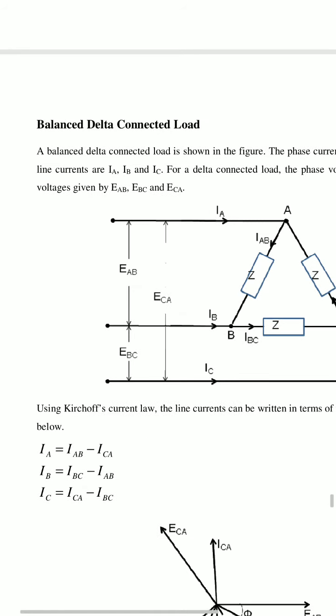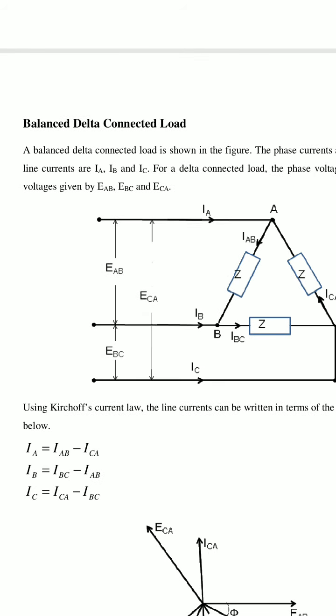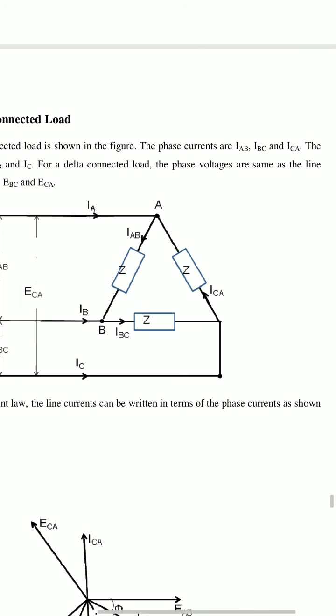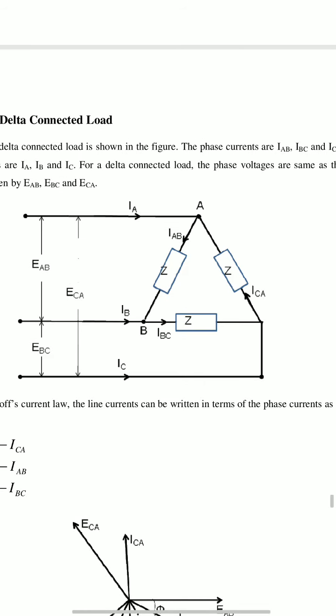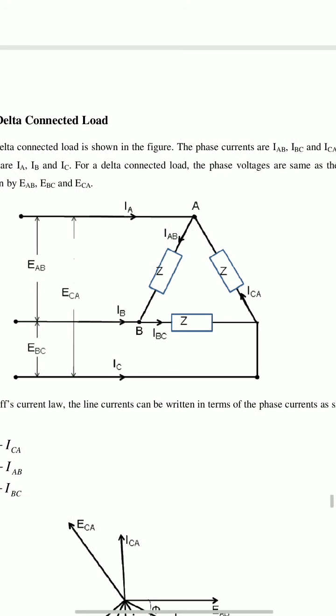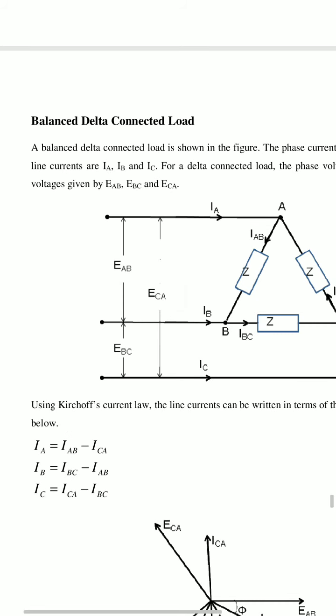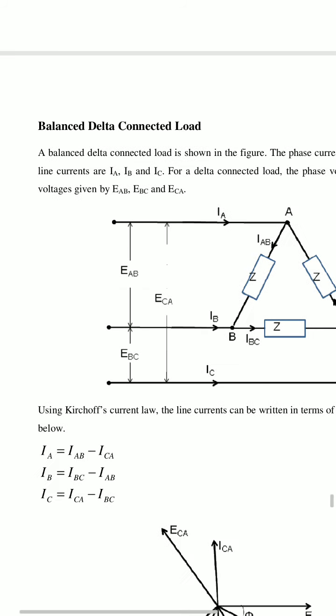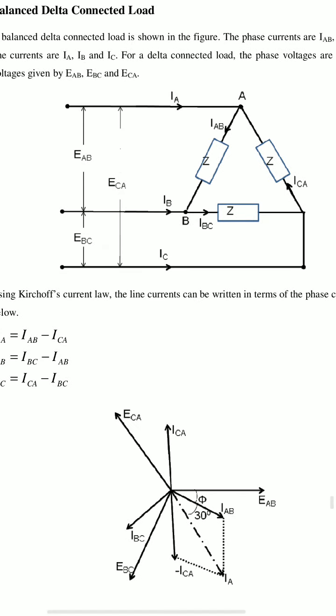So now the balanced delta connected load. In a balanced delta connected load, the phase currents are IAB, IBC, ICA, and the line currents are IA, IB, IC. For a delta connected load, the phase voltages are the same as the line voltages. Here observe EAB, EBC, ECA, and the current IA is divided into IAB, ICA. So IB is